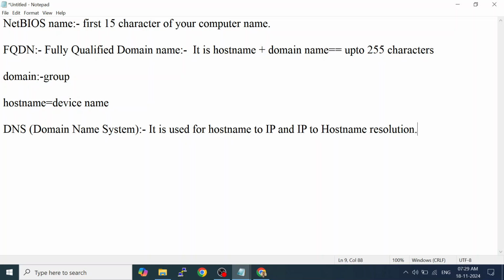Like you have a phone book in your mobile phone, similarly we have DNS as a phone book in our network. When we need to call anyone, we don't search by number. We call by name, and that name is resolved to a mobile number with the help of our phone book.